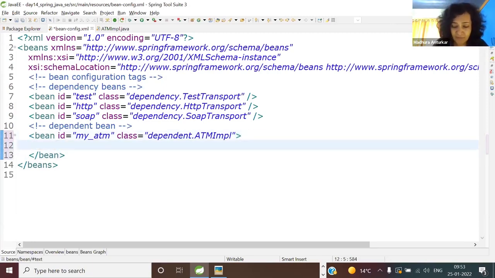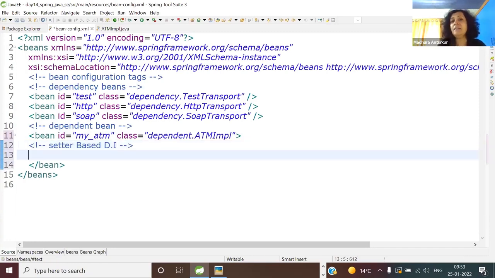And here, let's first add the comment. The first example I always take for beginners, freshers, is the setter based DI. So what is the setter based dependency injection? You write the setter and leave the invocation to the container. But the container needs explicit instructions, at least in the beginning days. So here is your property tag. This is 100% equivalent to your JSP colon set property.